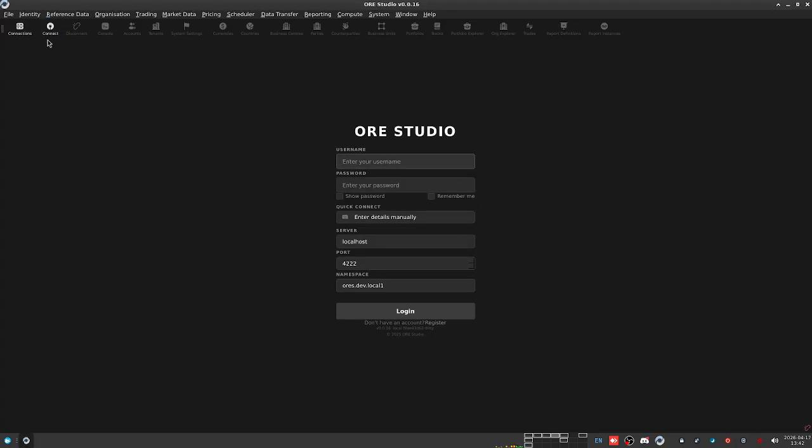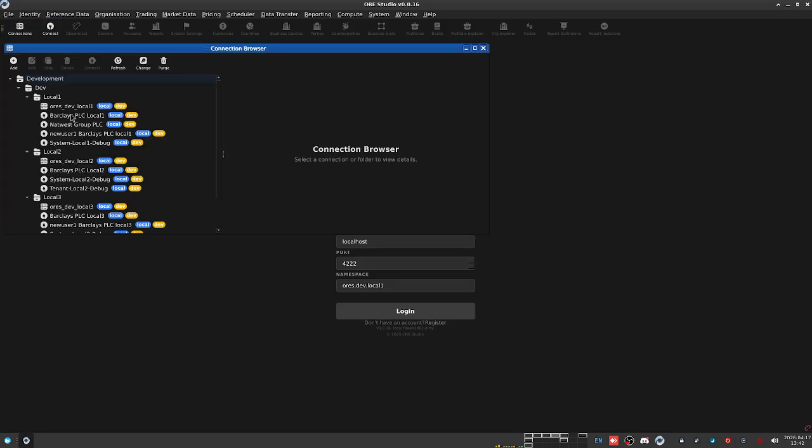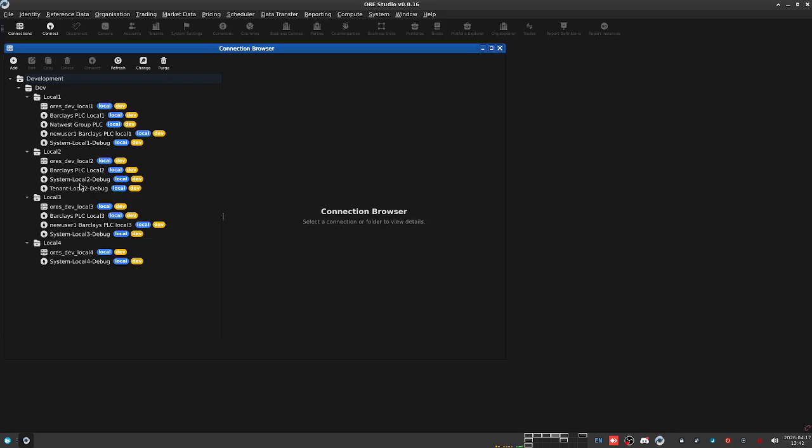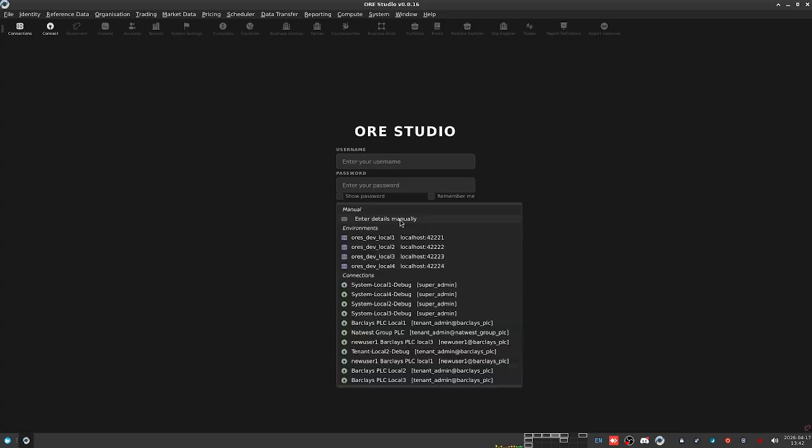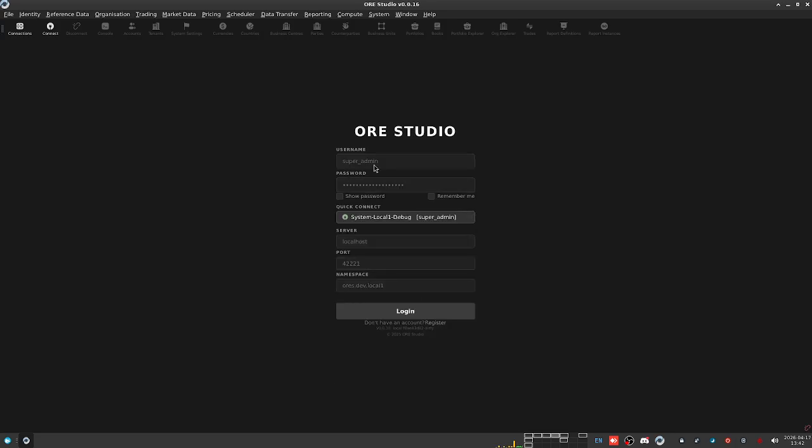So one of the features in ORE Studio is it remembers your connections. So you can see here the different environments and the different things I've set up. I will see in a minute what these things mean. These are all the environments that I've got: local 1, local 2, local 3, local 4. And then in the connection browser, once you've entered that password, you can access the credentials of those things. So for now, we're just going to log into local 1 as a super admin, which is sort of the